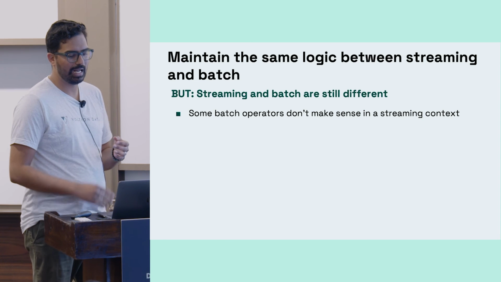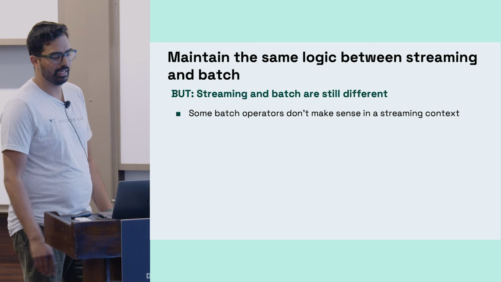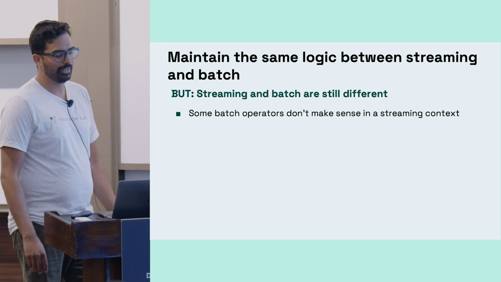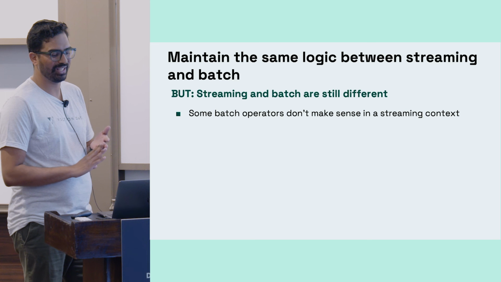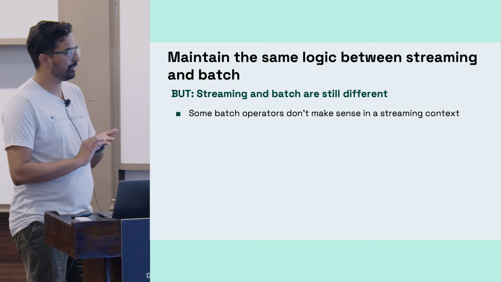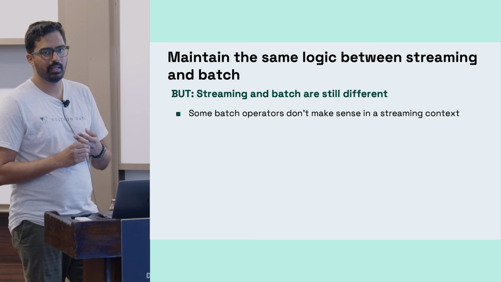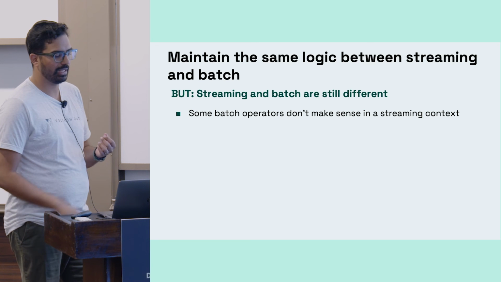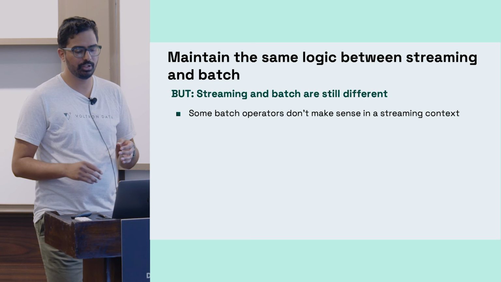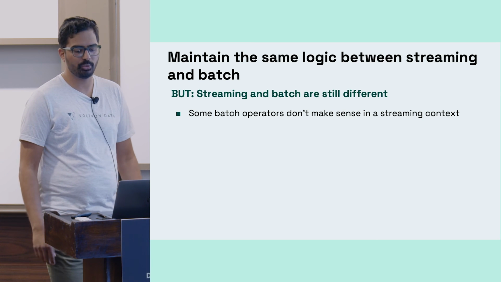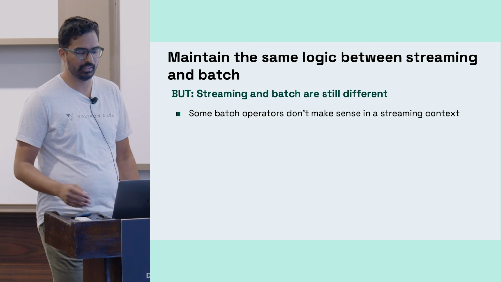Similarly, Ibis lets you maintain the same logic between streaming and batch as we've seen. There are some caveats again. They're still different, as we talked about a little bit. It's possible to view batch as a special case of streaming, so that's the Flink way. But as we discussed previously, some of these batch operators won't really make sense in a streaming context. There are also some open opportunities to make the gap smaller. So for one, there are places where we can automatically switch between streaming and batch execution and use the one which is appropriate for the situation. I think this is something that Flink is actually working on in its own vision to unify the two.